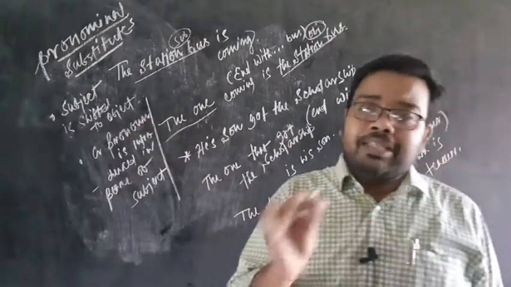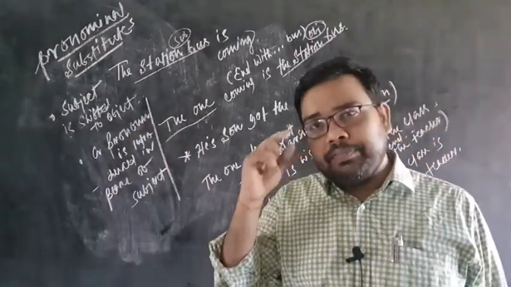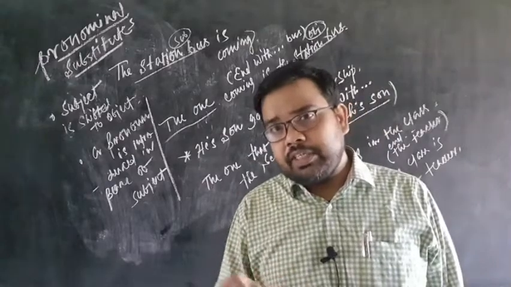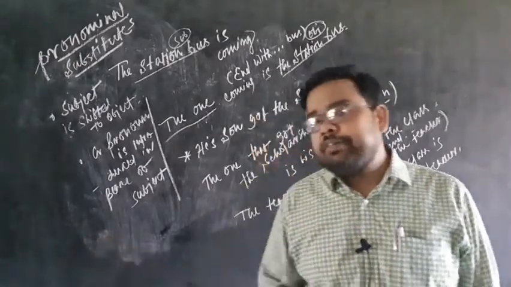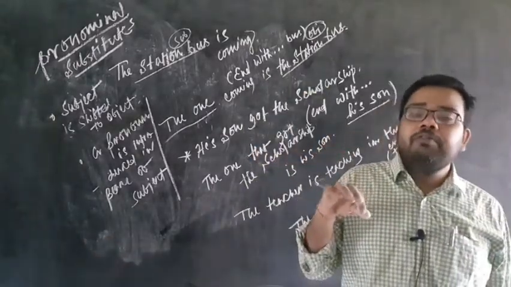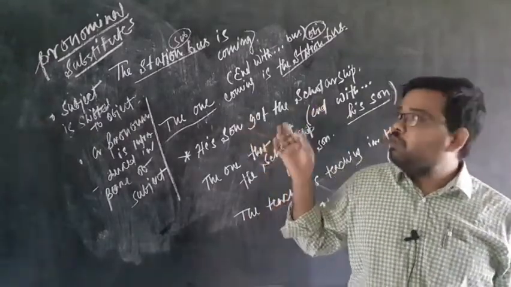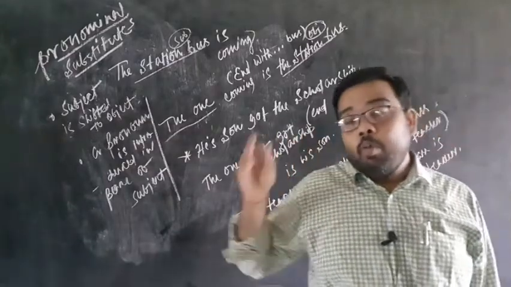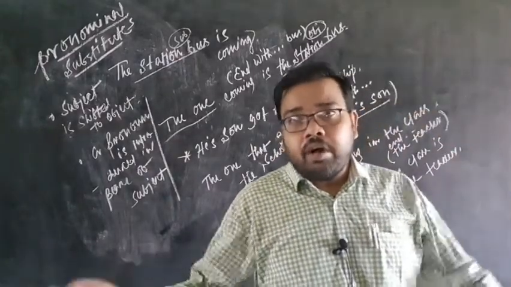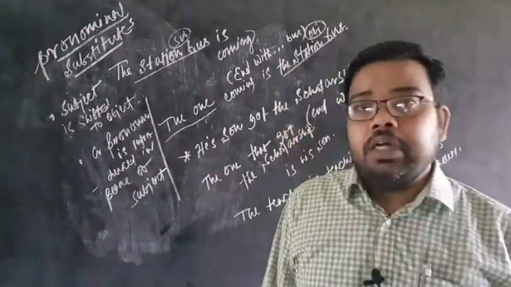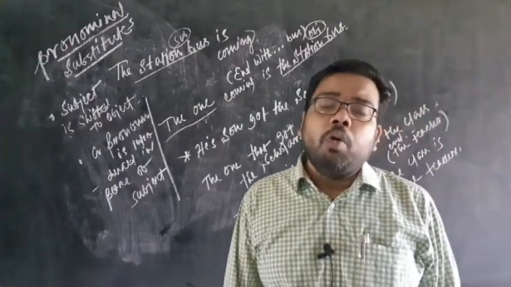This is not a pronominal substitute, because already the object is provided here, the subject is provided here, and the object is taking the place of the subject. But in other cases, we are adding a pronoun from nowhere. So there is a vast difference between active to passive voice, shift of subject and object, and this. Here we are bringing the pronoun from almost nowhere. So active to passive voice is not a pronominal substitute. We are substituting the subject. We are not exchanging the subject.